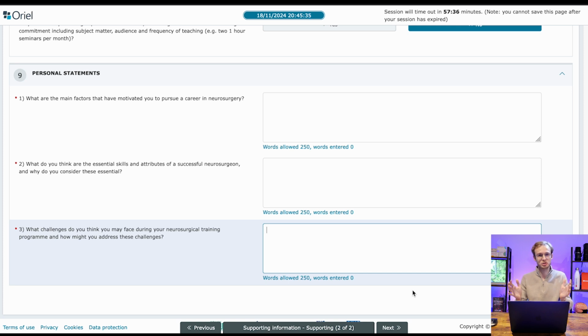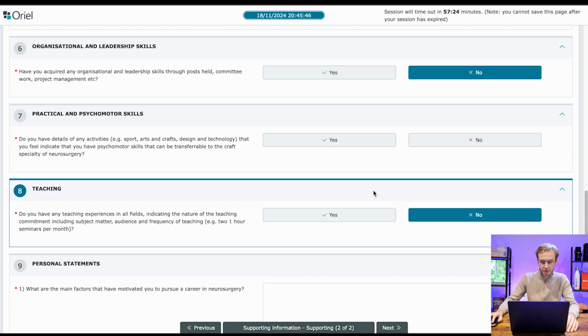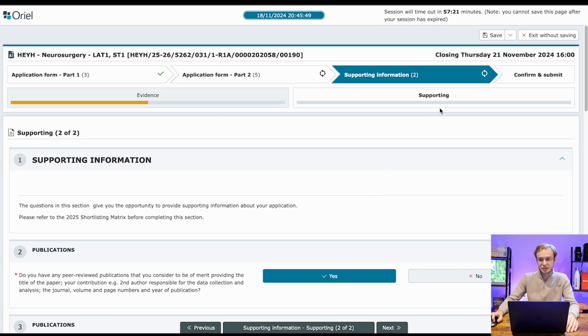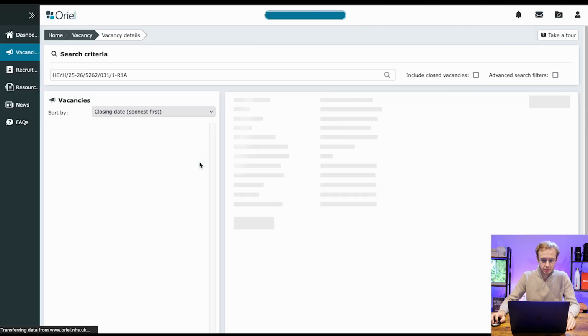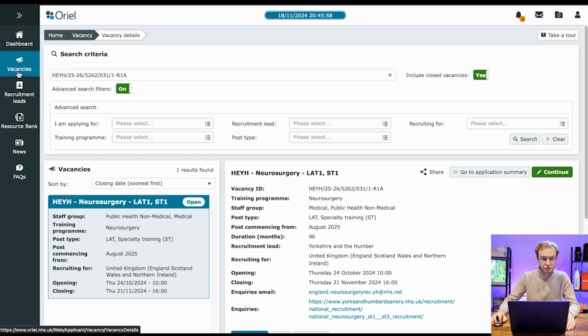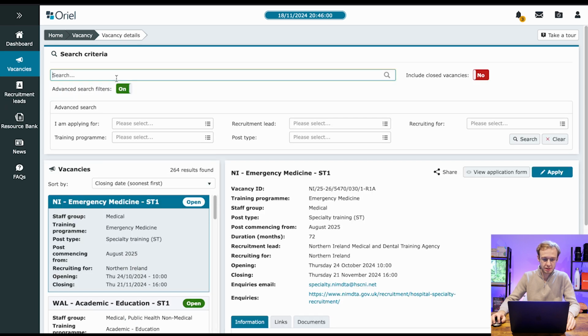So it's a much smaller cohort than the thousands and thousands that will be applying to GP. Upwards of 10, 15,000 people will apply for GP. With neurosurgery, they don't do that, so they can look much more closely at people's applications. So that's neurosurgery. And then the last one, just to look at something a bit different, we're going to look